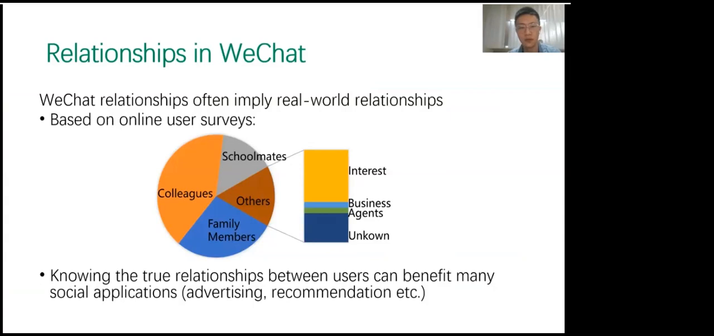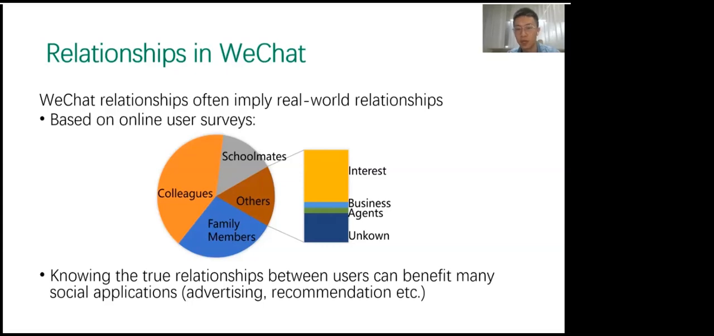In this paper, we focus on the relationships in WeChat. In WeChat, relationships often imply real-world relationships. Based on an online user survey that we conducted, we find that around 40% of these edges are placed between colleagues. More than 20% of the edges are placed between family members,